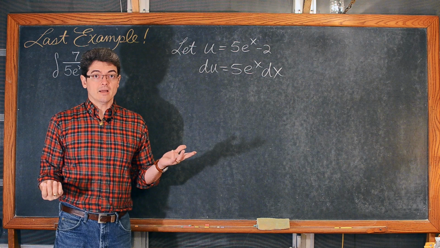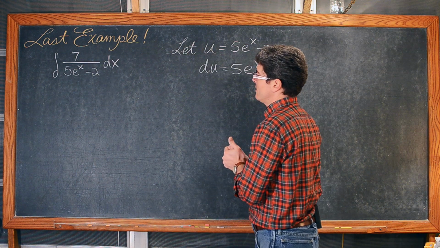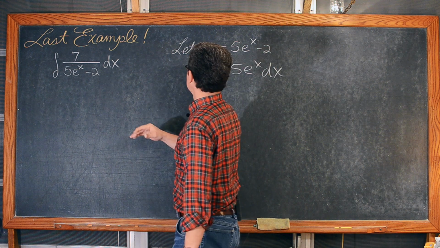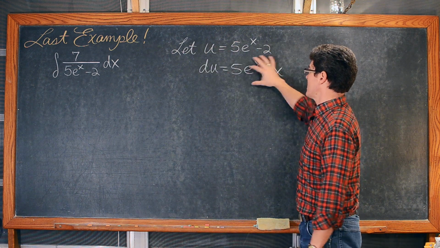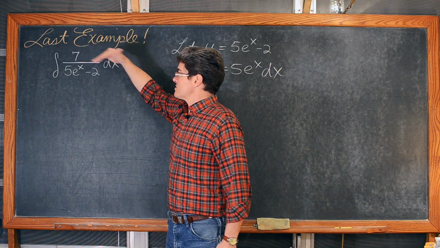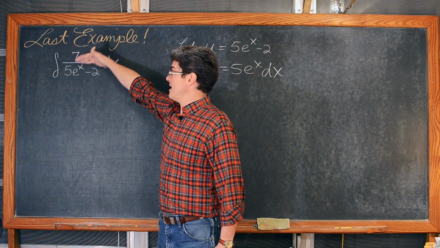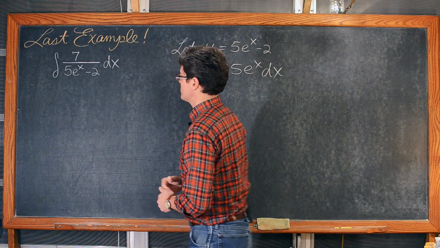I've got a problem. I need to do something in this question where I can set it up so that when I do this kind of u substitution and I see that du has some kind of e to the x thing in it, I've got an e to the x somewhere else. In this case, if I let u be the denominator, I need something in my numerator to allow me to finish the u substitution.